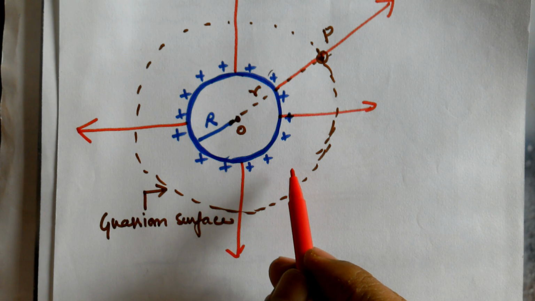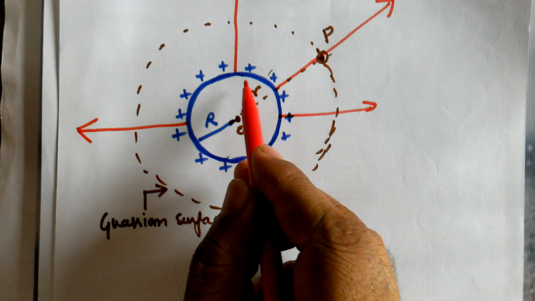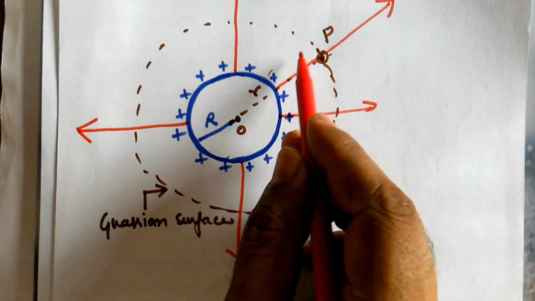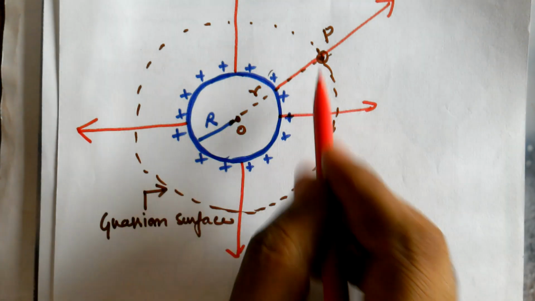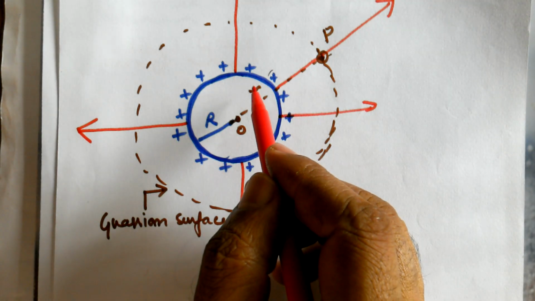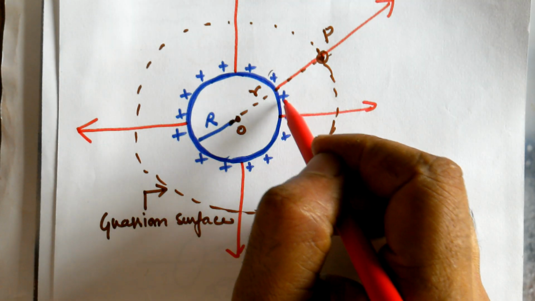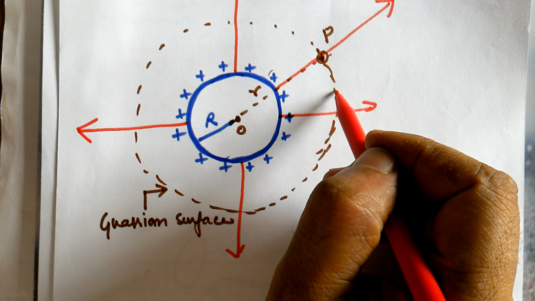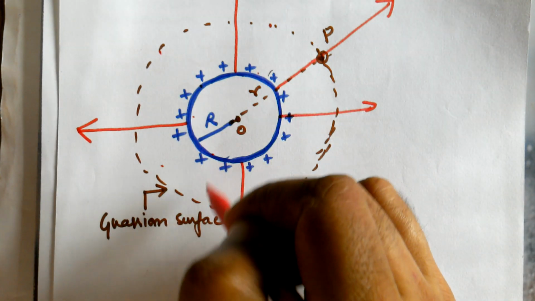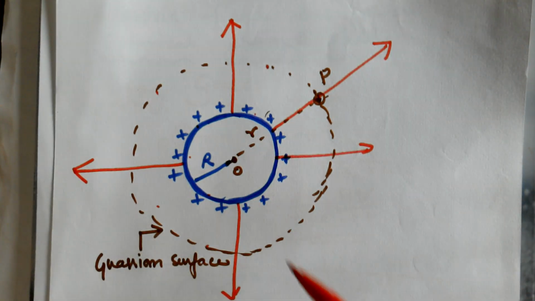Sir, why did you select only a sphere? Why can't you assume that this spherical charged conductor is put inside a cube? If you consider a cube, the problem is that the surface of the cube does not lie at the same distance from all the points on the surface of the charged conductor. Whereas if you imagine a sphere, the surface of the charged conductor is at equal distance from the Gaussian surface everywhere. So the summation becomes easier. You are going to have a summation later on.